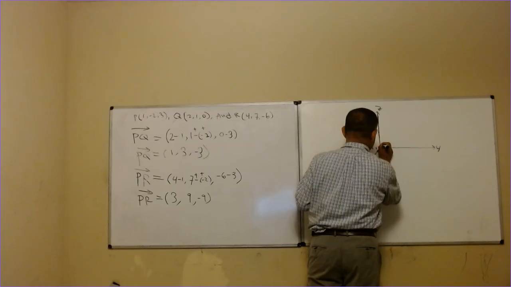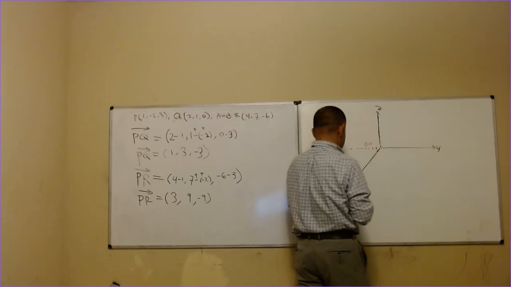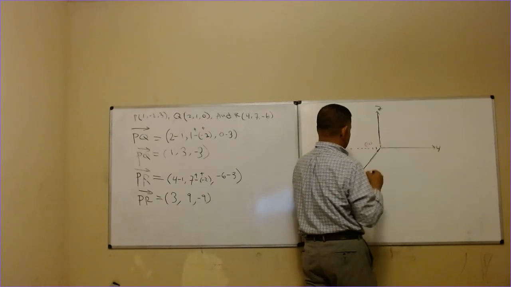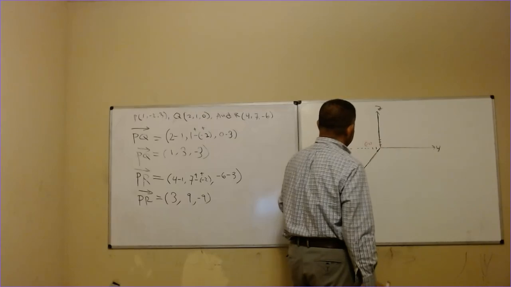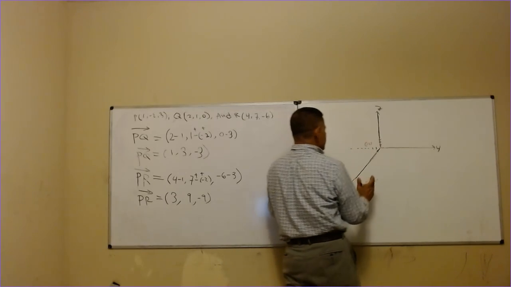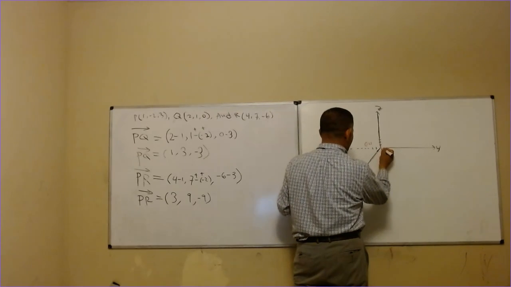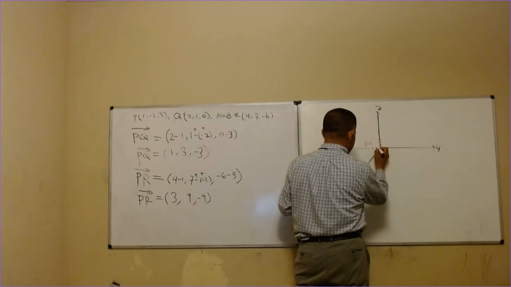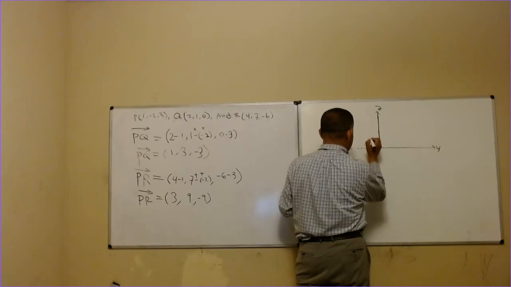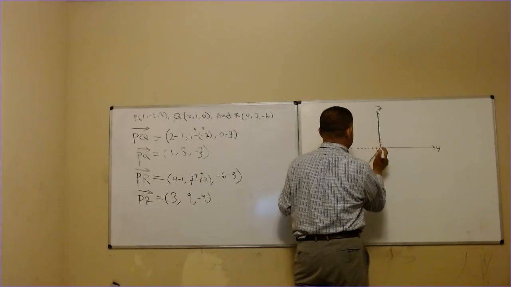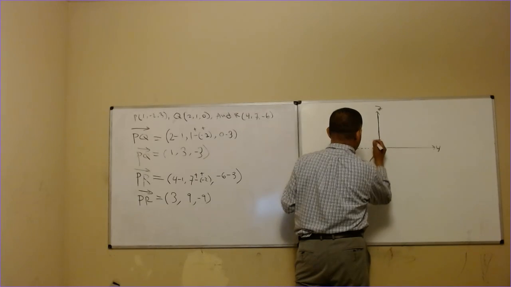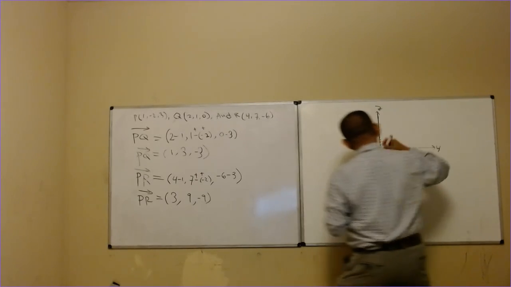So maybe if I just reduce the space in between them like that. 2, 3. Okay. So I'm going 2, 1, right? So I'm going to 1, and then I'm going 2, and from 2 I'm going 3 up, right? And this will be the point. I need to erase this just for now. So this will be the point, and from here,